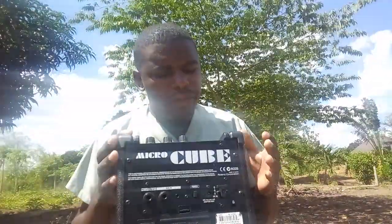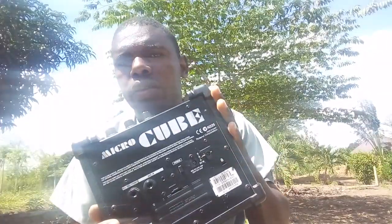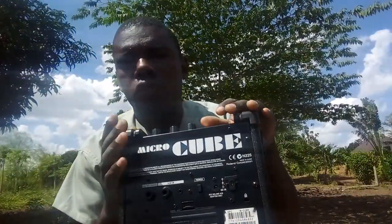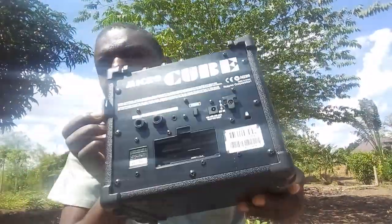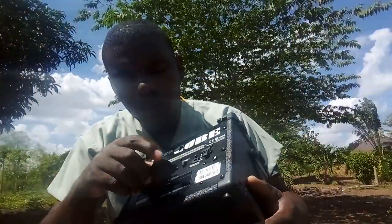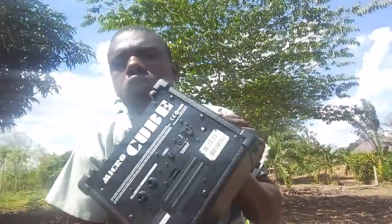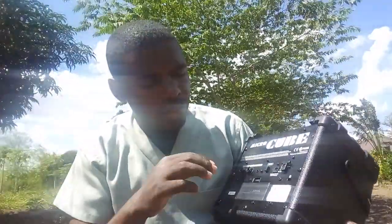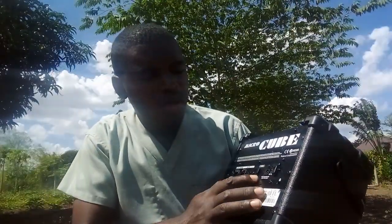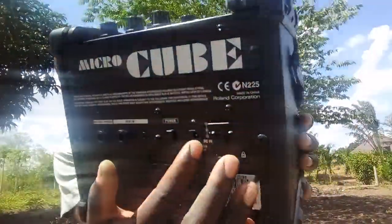The important thing that I wanted to say is that this amplifier is two-way in terms of power, which means that you can use it with 6 AA batteries, which you put inside there. According to Roland, you can use approximately up to 20 hours on just those 6 AA batteries. Otherwise, you can use normal power from your wall socket, that is DC in, but you